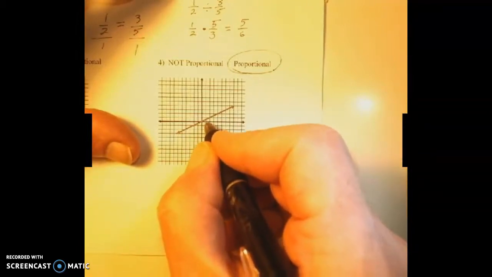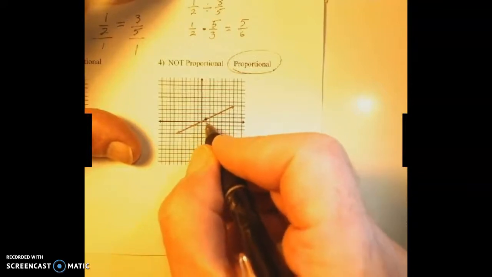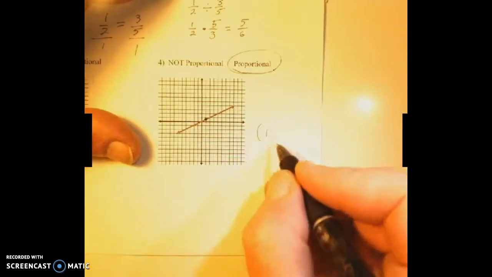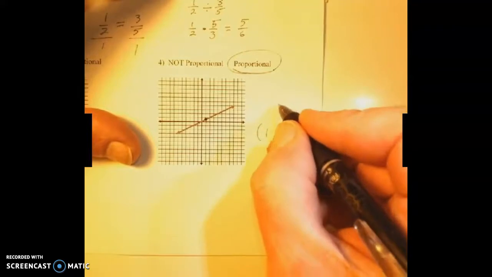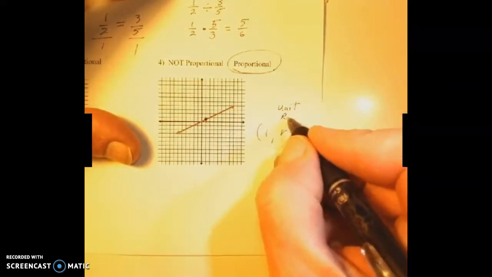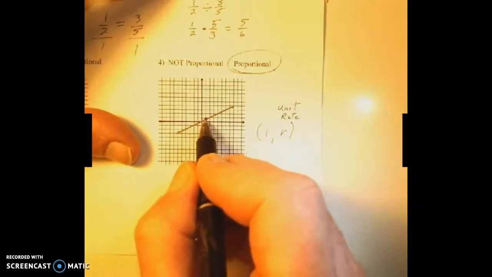The other thing I'd remind you about is this ordered pair right here. When x is 1, r is the unit rate. So you can actually get the unit rate off the graph. If we could read this well enough, we could follow that along and know the unit rate just by